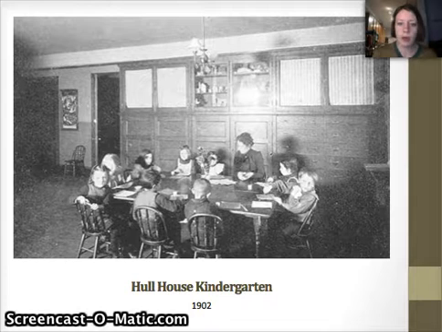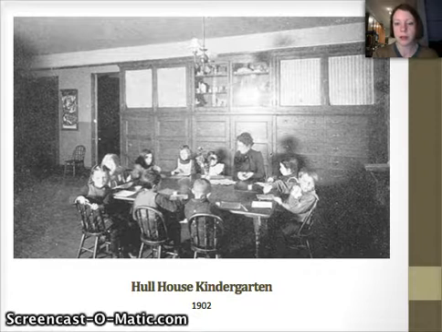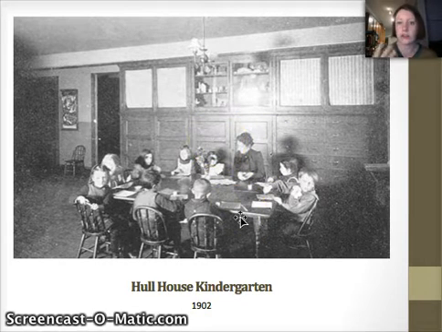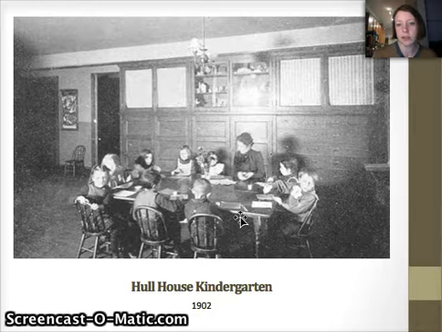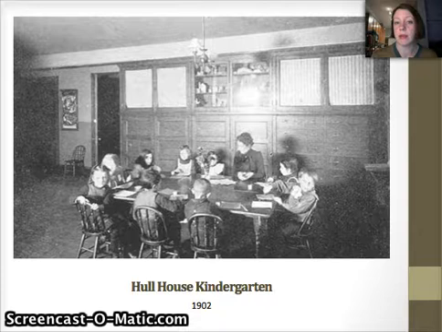So here's an example of what one of those settlement houses might have looked like. These settlement houses were places where immigrants could come in and settle in a community before finding housing on their own, or having to resort to finding housing and support through a political machine and then tying themselves to a corrupt political process. So you can see from this that this is obviously the teacher. Her clothes are very conservative. She is very much looking like a middle-class person, and this room really has a middle-class feel to it. It's much nicer than the tenement living conditions that we saw in How the Other Half Lives.